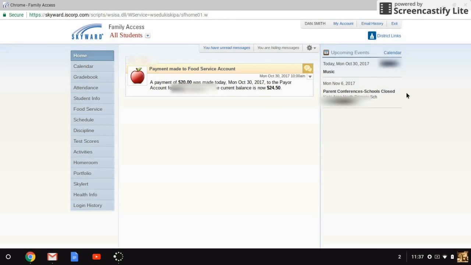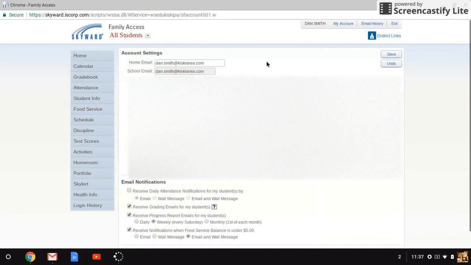The second piece of this overview is to show you all the things available in the My Account area of Skyward. So I'm going to go ahead and click My Account. And in this top section, you can see some demographic information like phone numbers, addresses, and so on. But the part I really want you to focus on is this area under email notifications,